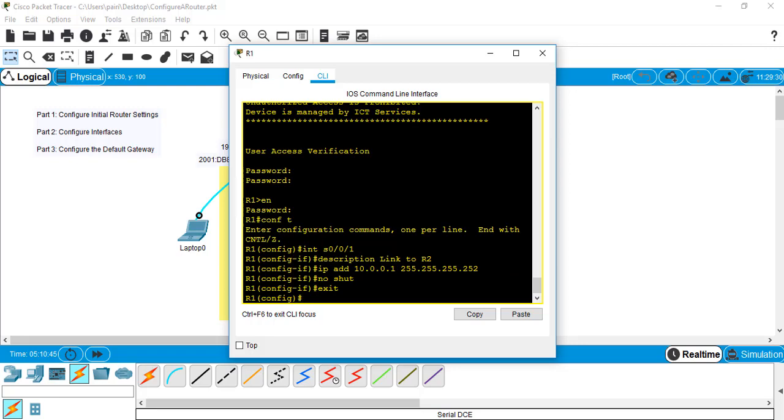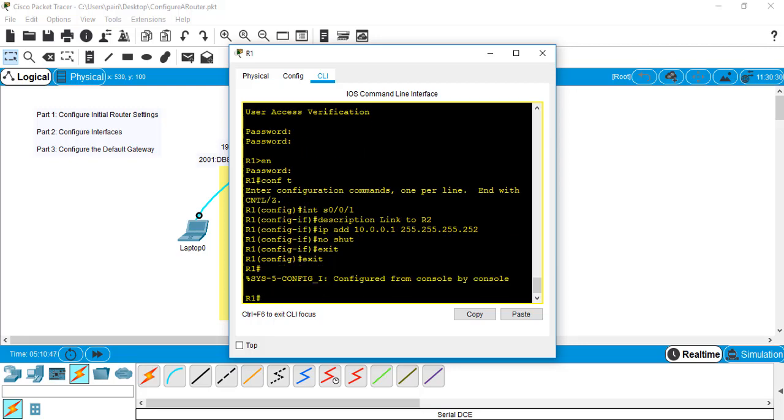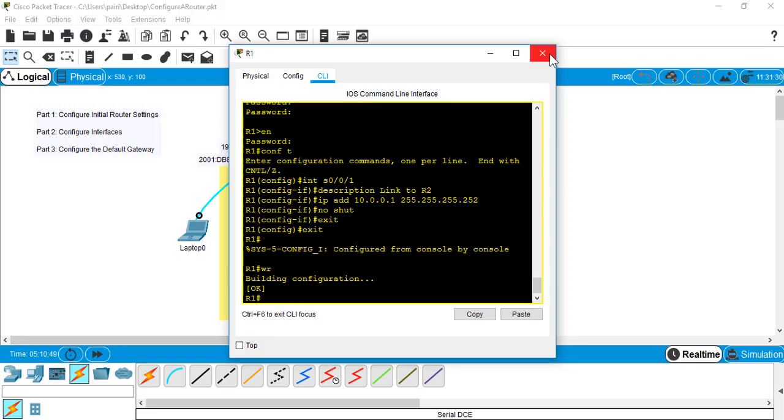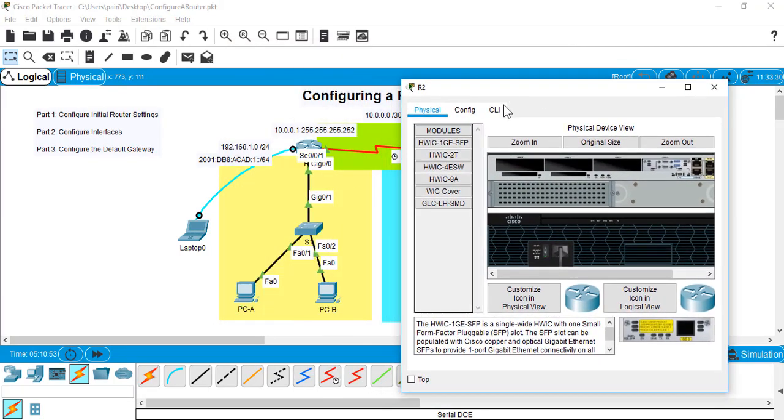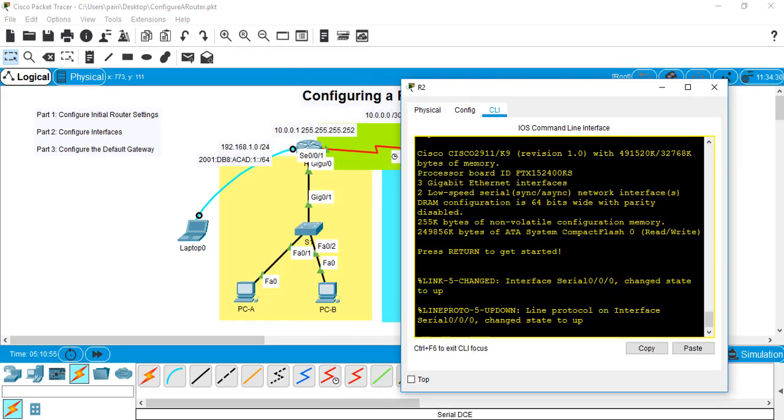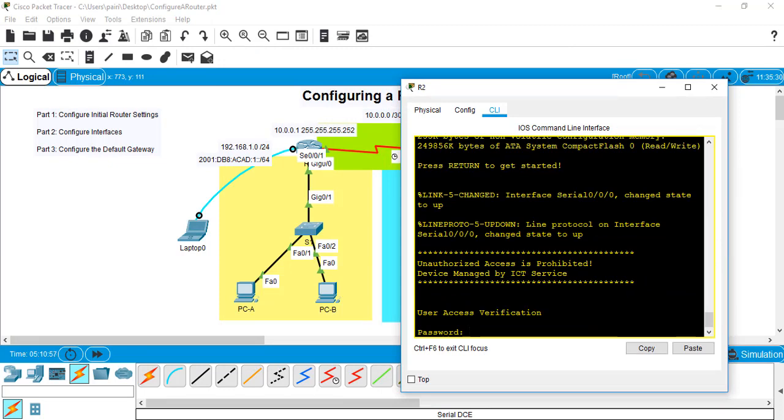And let's exit that. Exit. Do a WR to write to memory, or copy run start to save. I'll do the same thing here, and not forgetting that we're going to add